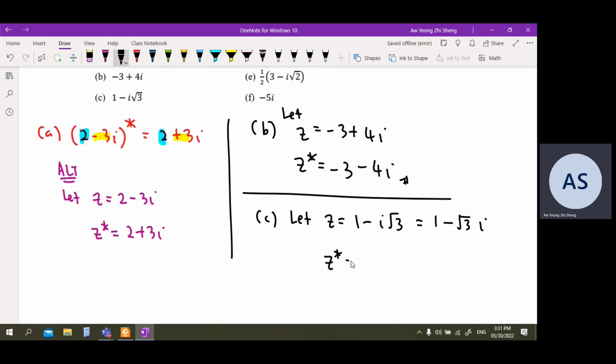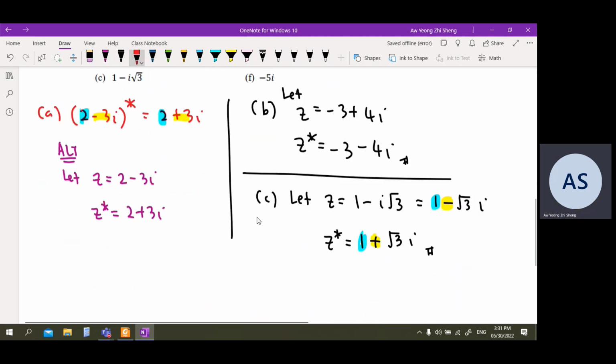Then my z star must be 1 plus root 3i. Okay, done. The minus gets reversed to a plus, while the real part of 1 remains unchanged. Okay, then for part D,